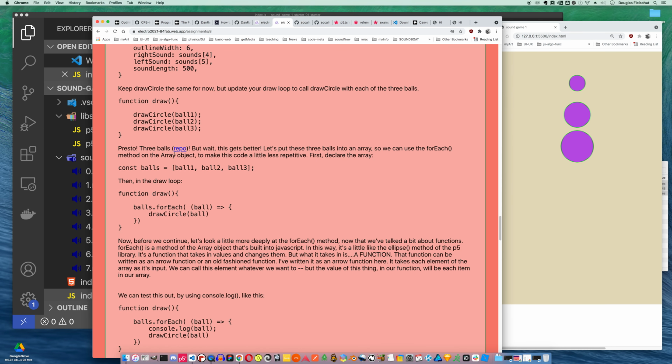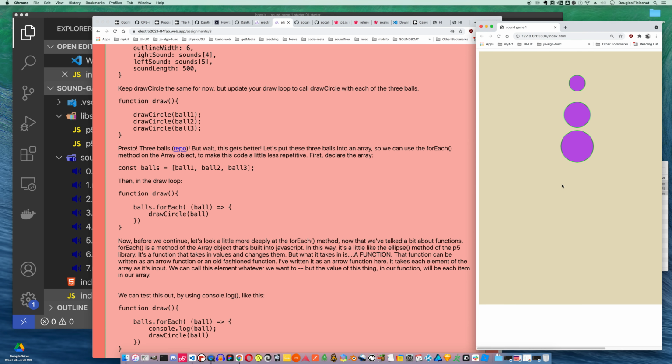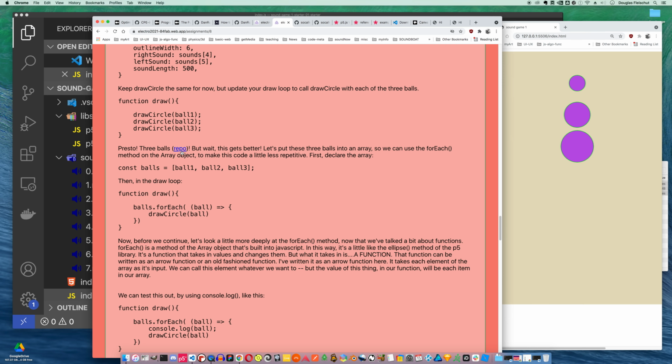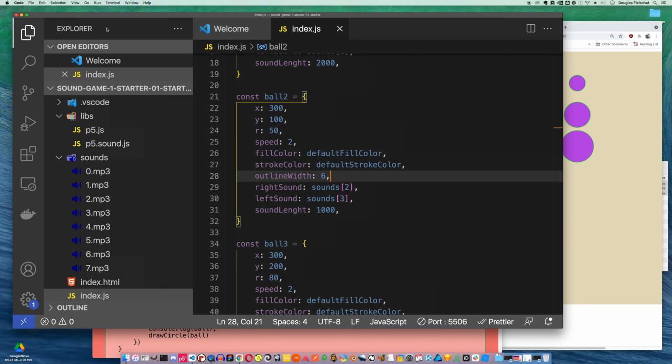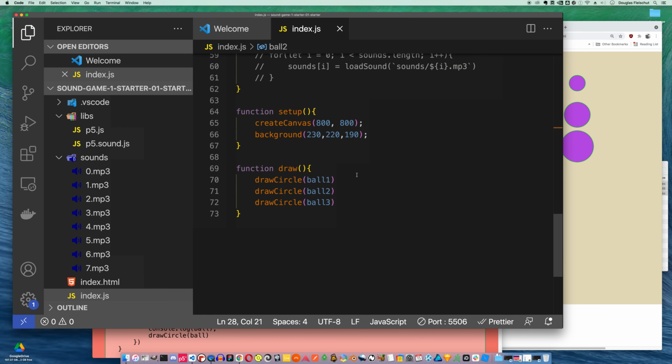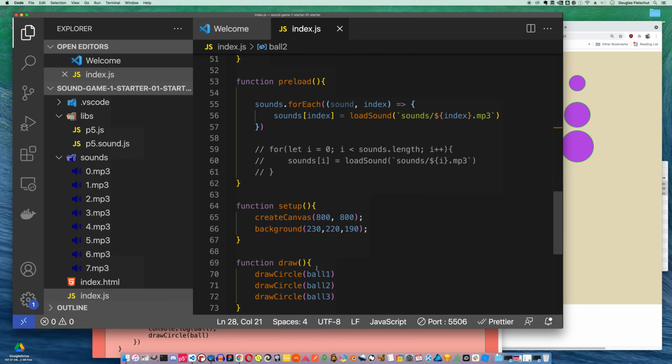So you can see there's our 3 balls repo. You can go there. If you're not getting this, just navigate here and compare what you have against what I have, or just replace what you have with what I have. And you can see we've got those 3 balls. We can also do something kind of cool,